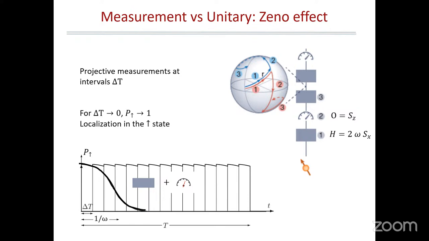What happens in reality is that the system will be stuck around the North Pole for a while, and then there will be some rare events, which correspond to jumps in which the system will jump due to the measurement and be projected to the South Pole, and then it gets stuck there, and then again it can be projected back to the North Pole. So we will have a system which is stuck either at the North or South Pole, and will jump randomly between these two states. As a result of that, the system will not develop coherence if you think of a single qubit.